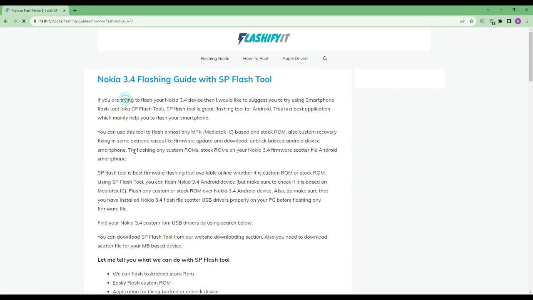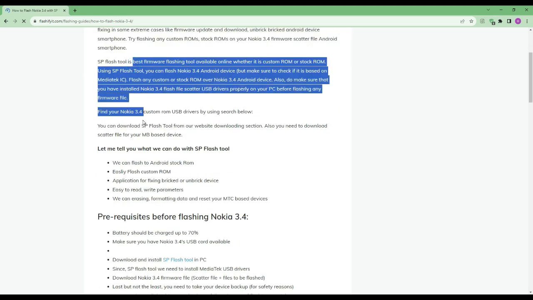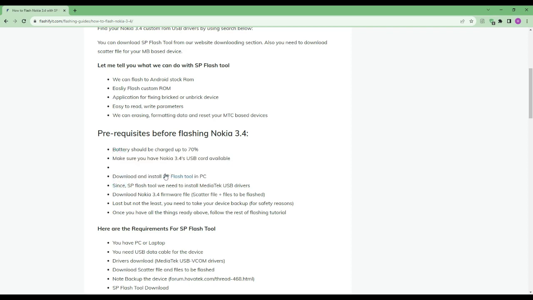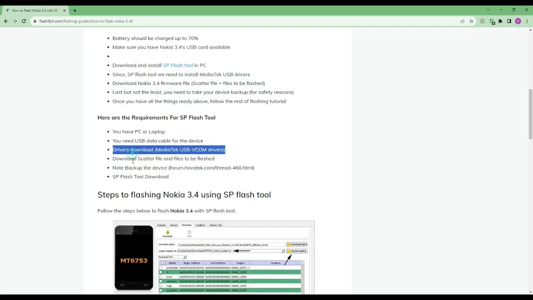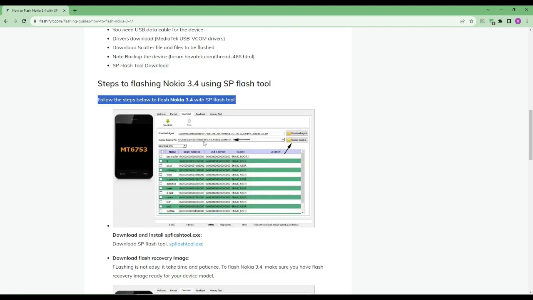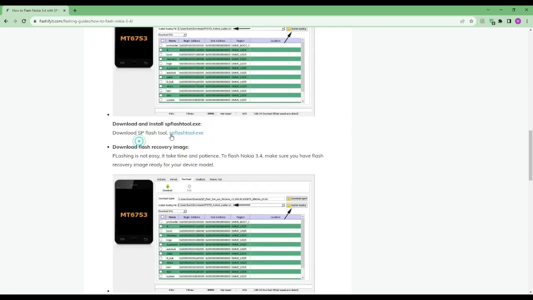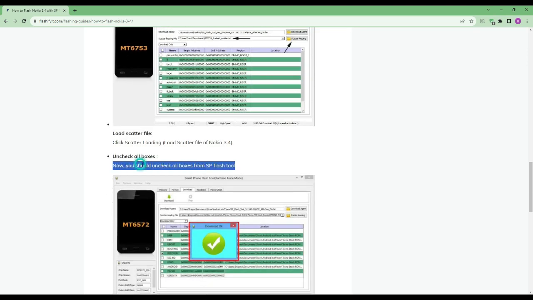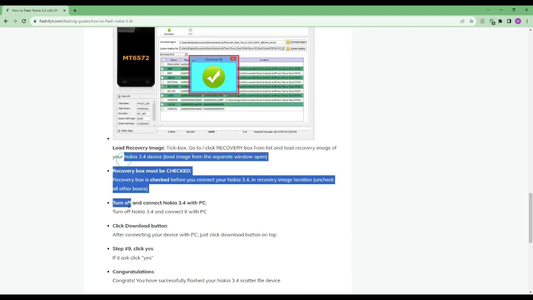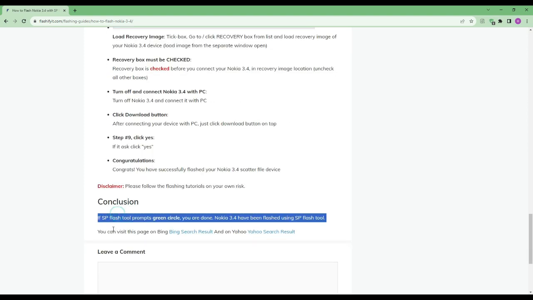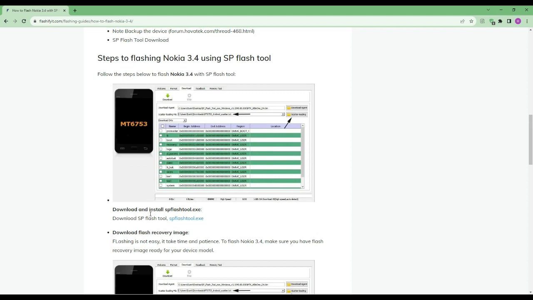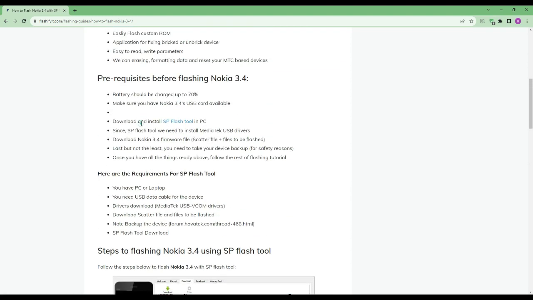To download and install SP Flash tool, click on it here.